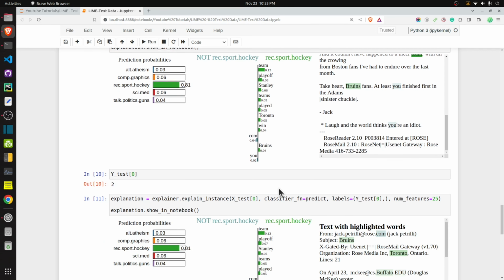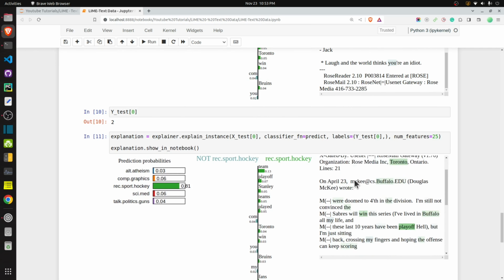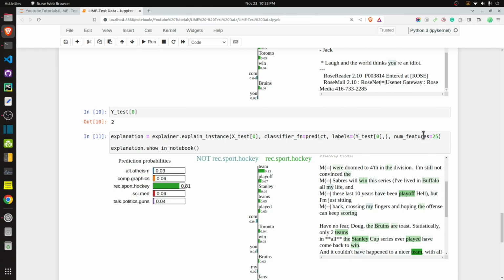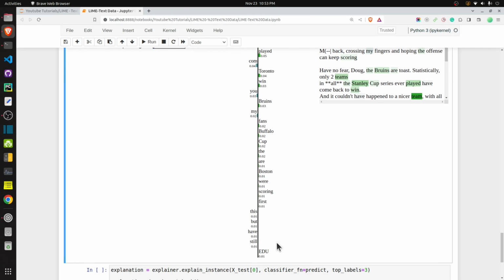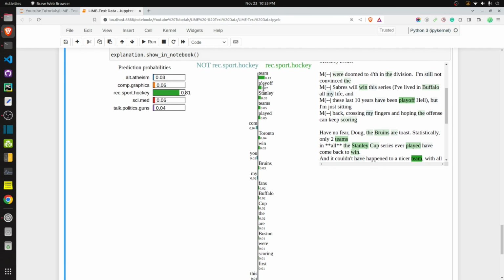But if I want to see more features, like 25, then I can provide the num_features argument. So that's what I have done over here. I have set it to 25. So it will show 25 words that contributed to the prediction, and the words like cup and fans are also contributing to this prediction.